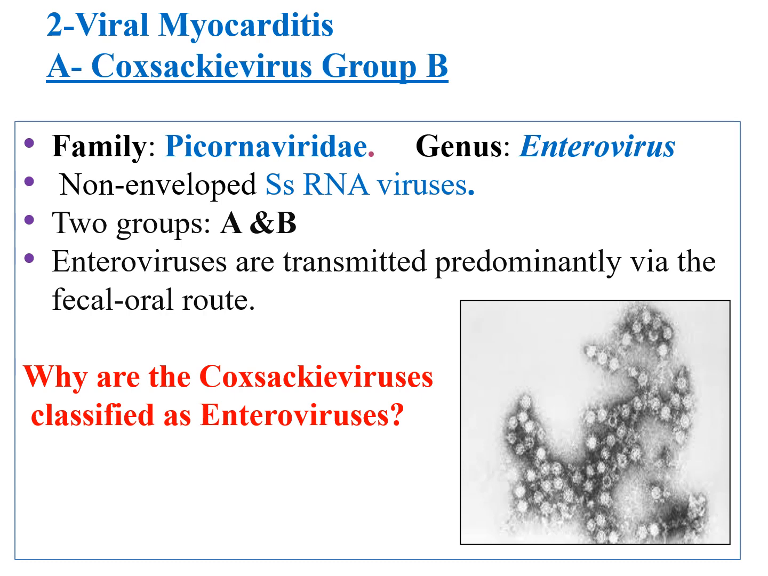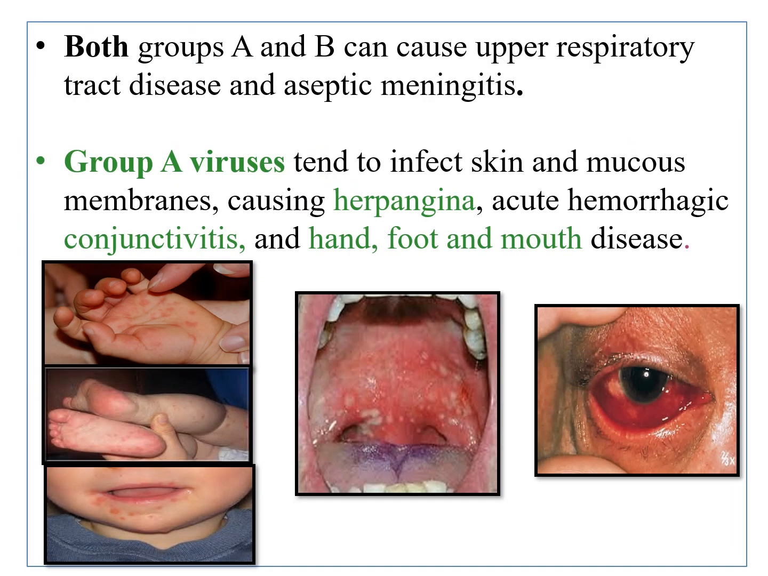Why are the Coxsackie viruses classified as enteroviruses? Group A and Group B Coxsackie viruses both can cause upper respiratory tract infections and also aseptic meningitis. But Group A usually tends to infect the skin and the mucous membranes and can cause diseases